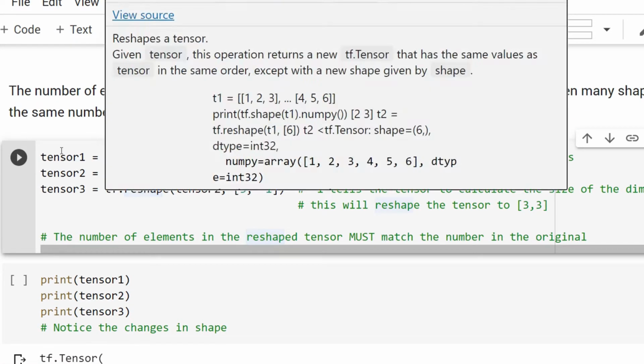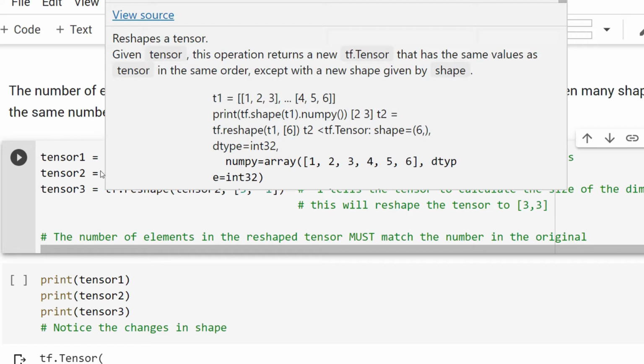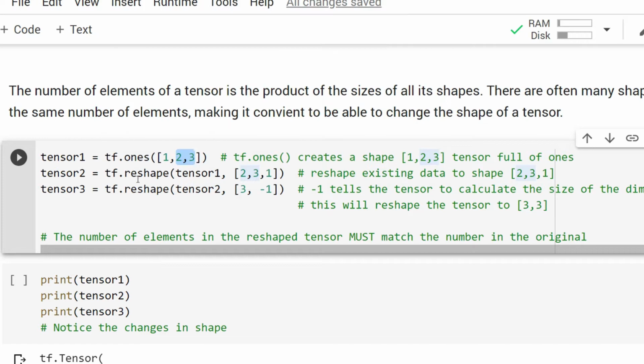Now what to do? Tensor 1. We declare tensor 1 as tf.ones 1, 2, 3. So 1, 2, 3 is the shape of the tensor, which means it is a single 2 by 3 matrix. Now I want to reshape it into the shape of 2, 3, 1.